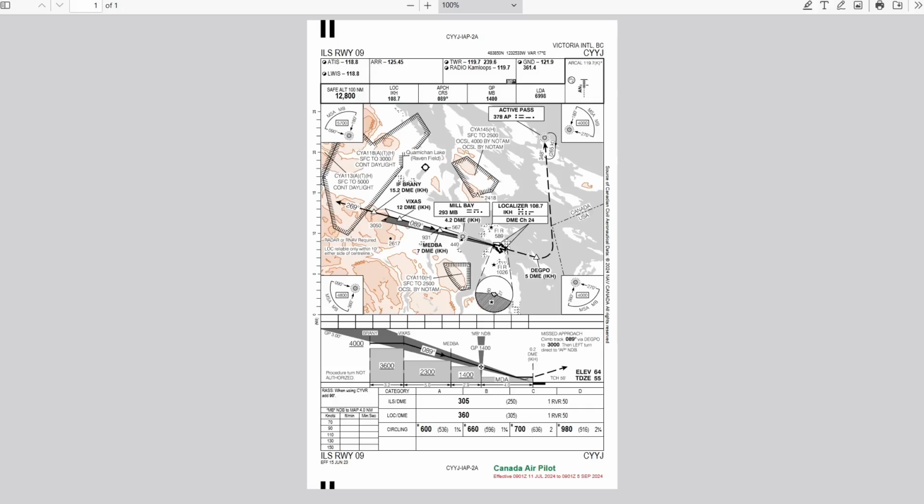It tells you whether you're too high, too low, or too much to the left, too much to the right. A non-precision approach is either the old-fashioned way of coming in on a non-directional beacon, which is just a normal radio beacon, like a marine beacon, only at the airport,